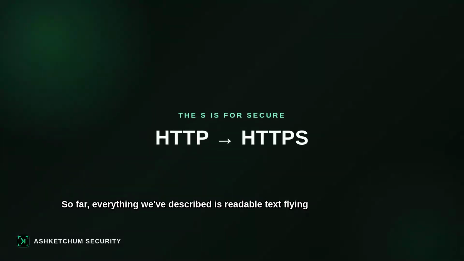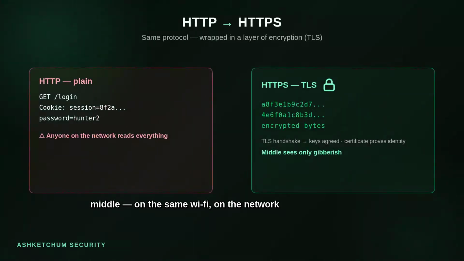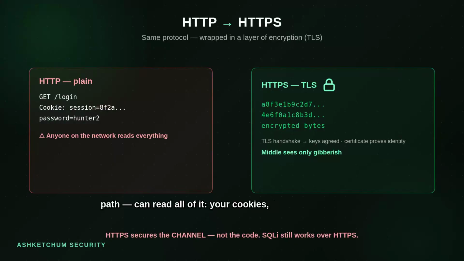So far, everything we've described is readable text flying across the network. On plain HTTP, anyone in the middle, on the same Wi-Fi or on the network path, can read all of it, your cookies, your passwords, everything. HTTPS fixes that. The S stands for secure, and it's HTTP running inside a layer of encryption called TLS, Transport Layer Security. Before any request is sent, the browser and server perform a TLS handshake, they agree on encryption keys,